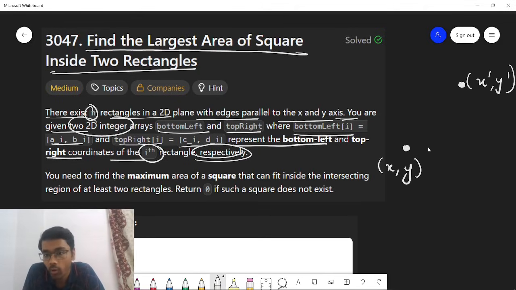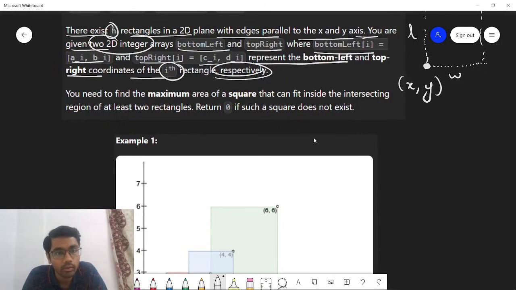Now if you are given top right coordinate and bottom left coordinate, you can easily draw a rectangle. From the bottom left you can just move in the y direction, and same for the x direction, till your top right coordinate. So here you will be able to make a rectangle of whatever length and width. So this is how a rectangle is formed, and in the end what you need to do, you need to